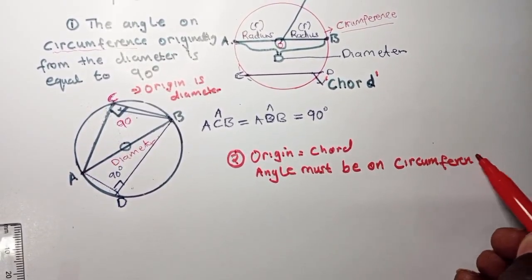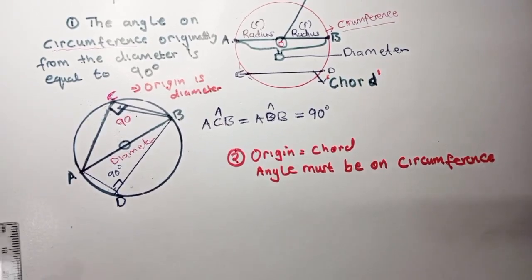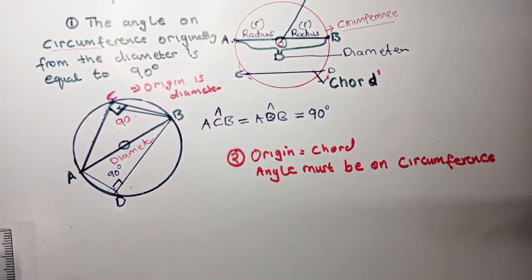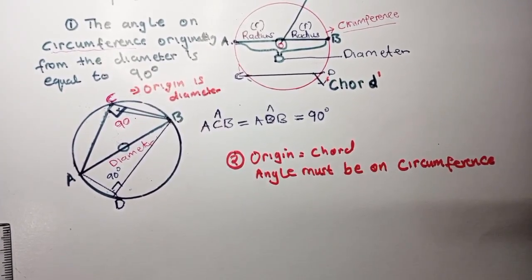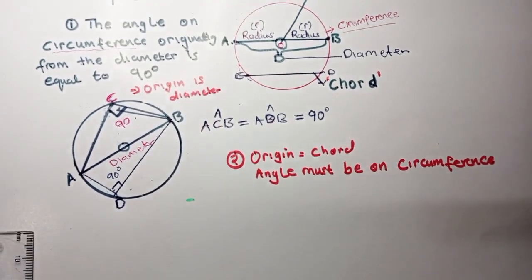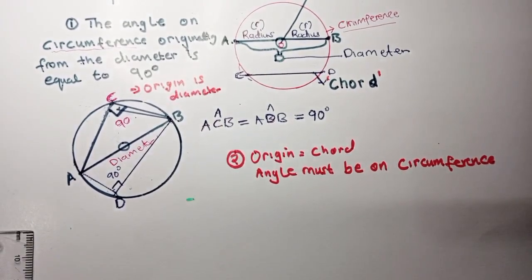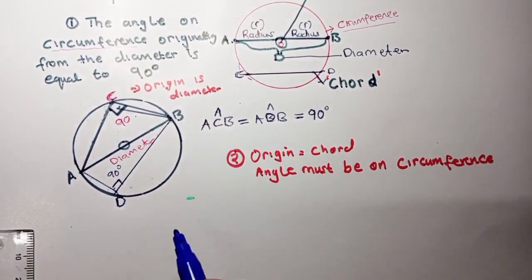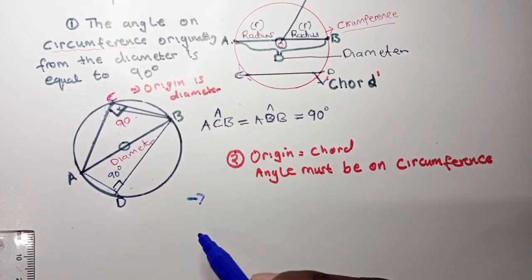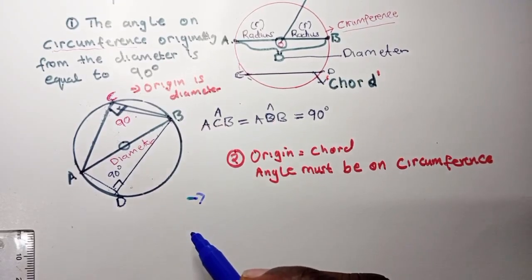Angle must be on what? Circumference. That's what we're saying. So what's the name of this property? So according to this property, we simply say that